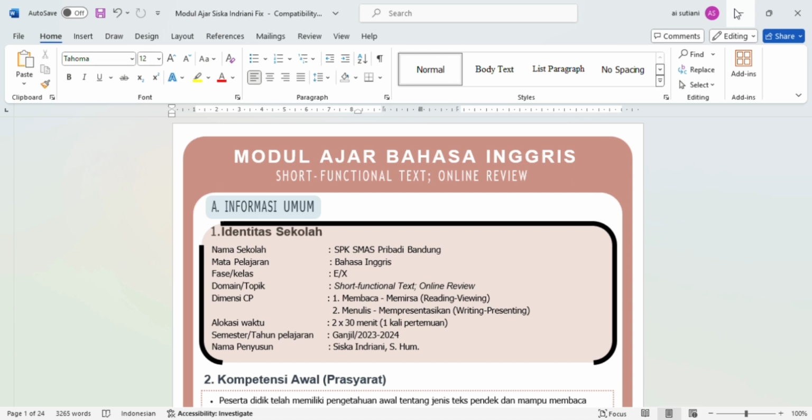First, A, general information, and then you write 1, school identity. In the school identity part, there are the school name, like SPK SMAS Pribadi Bandung, and then subject is English, phase or grade E or 10, domain or topic, short functional text online review,